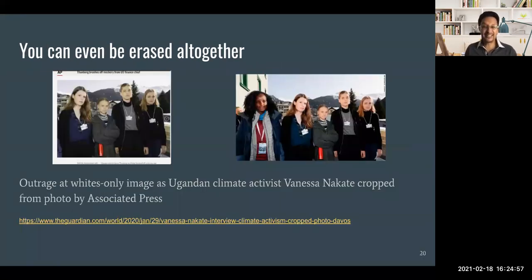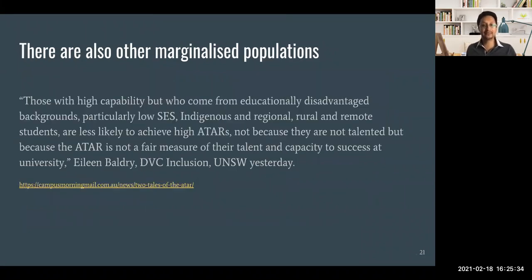You can even be erased altogether. So Associated Press actually cropped Vanessa out of their picture. I don't know what to say. I just don't know what to say. But again, if you can do it that blatantly, imagine all the subtle things that Vanessa might have to deal with throughout her career, and the opportunities that she might not be able to get compared to, say, someone who might be less marginalized. So you can see that these are over things here, and I'm only touching on a few things here, but